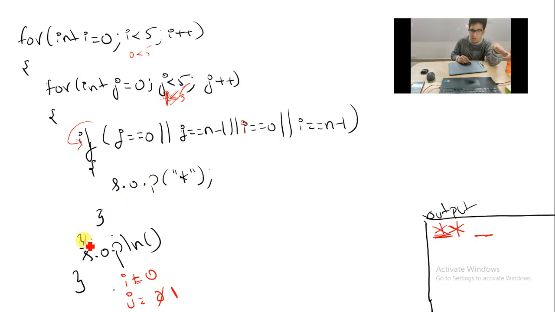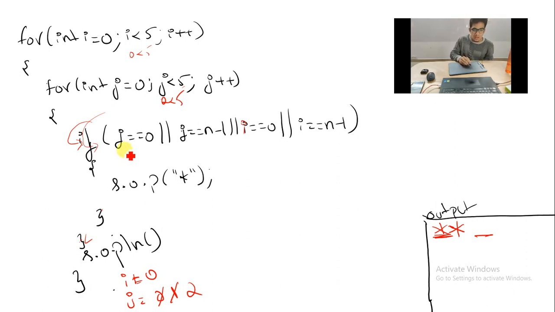After that, it will see the closing bracket of j loop. So j plus plus happens. J becomes 2 here. It will check the condition. Is 2 less than 5? Yes, 2 is less than 5. Again check the if condition. So you have to understand, your if condition is checked again and again for each and every point. All the conditions are checked.